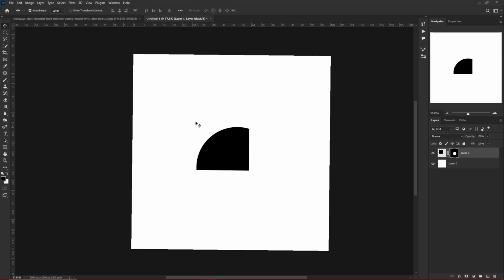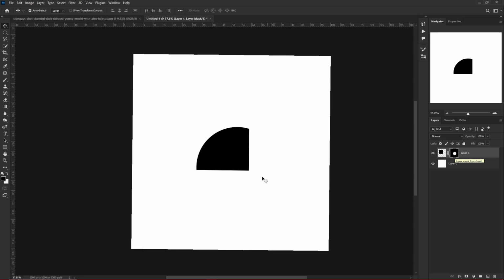But what happened to the rest of the square, you might ask? Was it deleted? Well, not so. It's just hidden from view. If you look at the layer mask thumbnail on the right, you should see a chain link to it. That means our layer and the layer mask are connected. The layer mask is linked to the layer, and you will see it's mainly filled with black. That means it's hiding mostly everything, but revealing just one thing, which is that selection of the ellipse